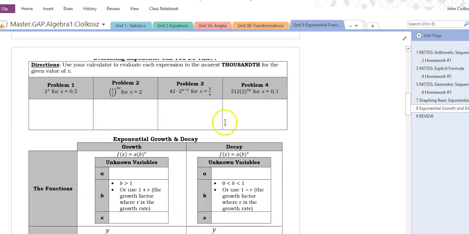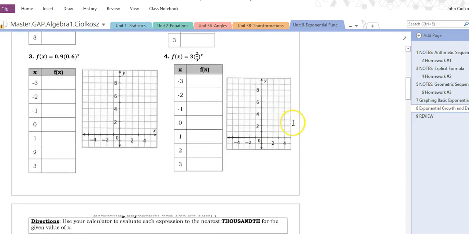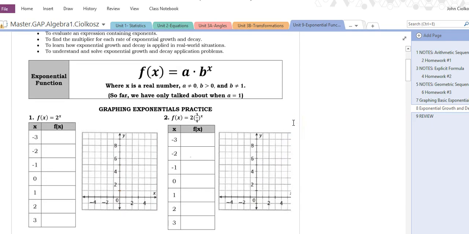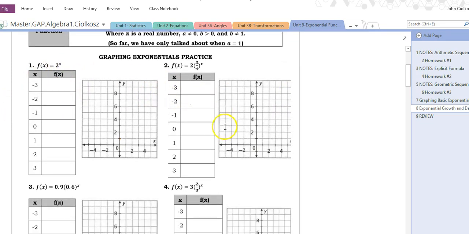So, let's see what we got here. So we're going to kind of skim through these notes real quick here and then get to the practice at the bottom. For these first ones, basically we're just going to go ahead and plug these into GeoGebra just like we've done before. So again, keeping the parentheses the same, here's how I would type this one in. So I would do 2 times parenthesis 3 divided by 4 up to, and then each of these numbers for x. So if I want to do -2,